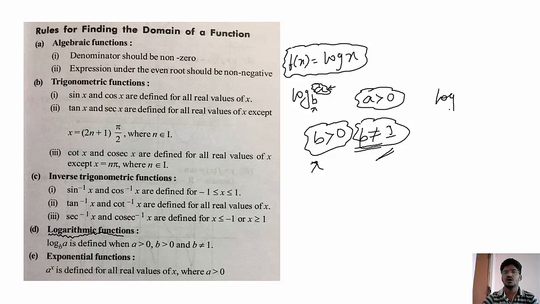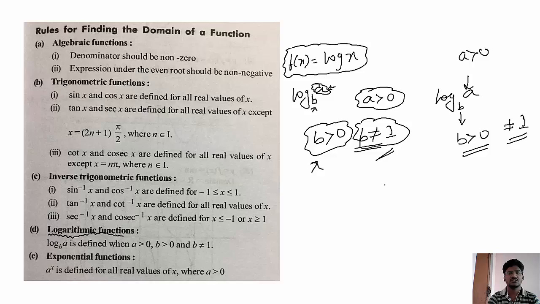See this, log a to the base b. The condition for a is always greater than 0. The condition for b is b greater than 0 but it has to be not equal to 1. I think if I